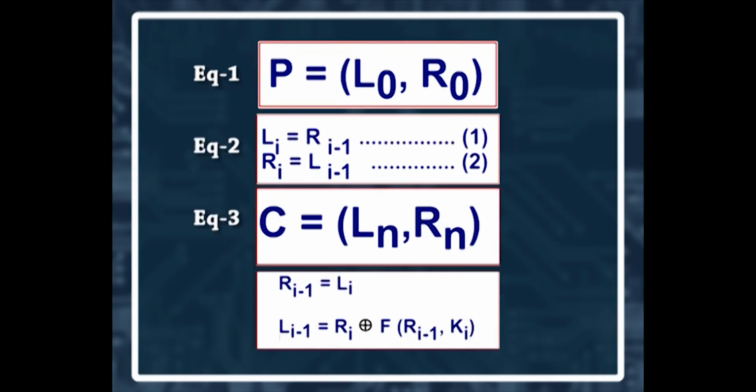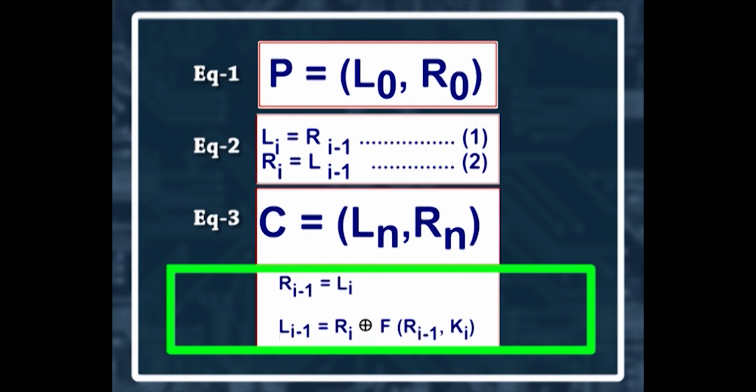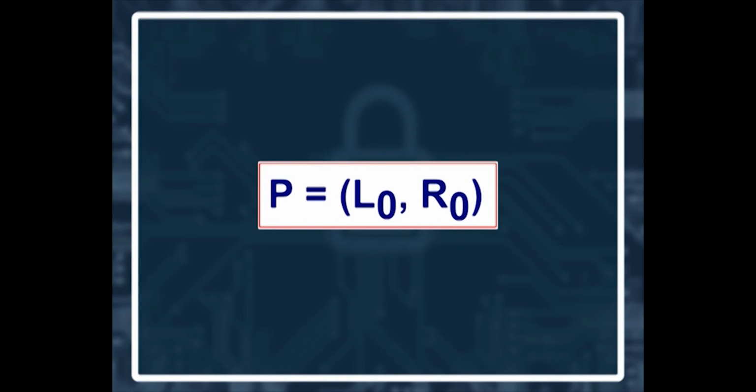Of course, it is necessary to be able to decrypt the ciphertext. The beauty of the Feistel cipher is that we can decrypt regardless of the particular round function f. Thanks to the magic of the XOR, we can solve equations 1 and 2 for Ri minus 1 and Li minus 1 respectively, which allows us to run the process backwards. This is for i equal to n down to 1. The decryption rule is as shown in the figure. The final round of the decryption process gives the plaintext P equal to L0 and R0, as desired.